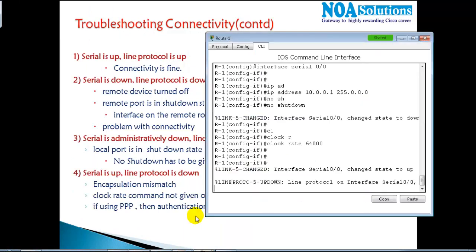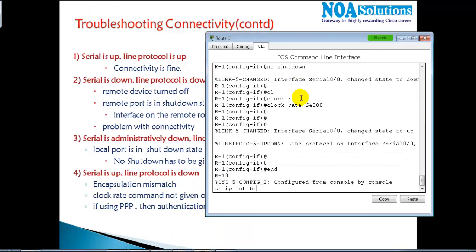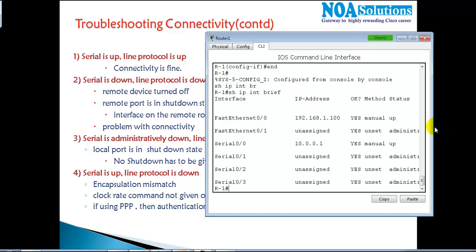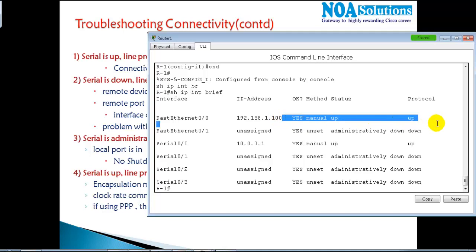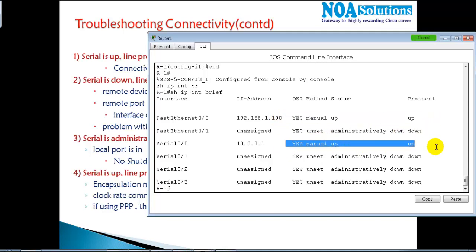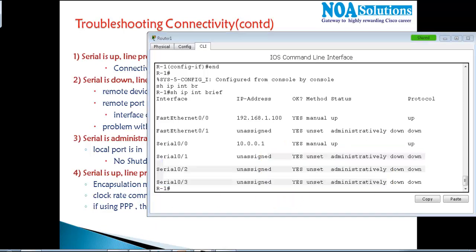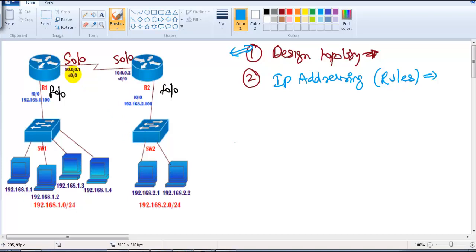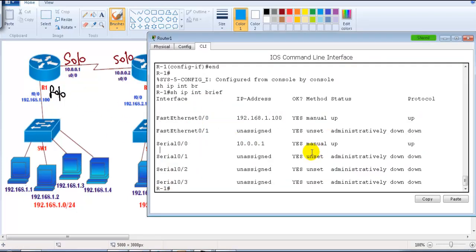If you remember, I'm going to continue with my two routers configuration. If I give show ip interface brief, I can see the status of the interfaces which I configured in the previous lab. You can see the interface status is up and up. Now we don't need to worry about the other interfaces because I'm not using them in my connection. I'm just using S0/0 and F0/0, and right now both interfaces are up as per my requirement.